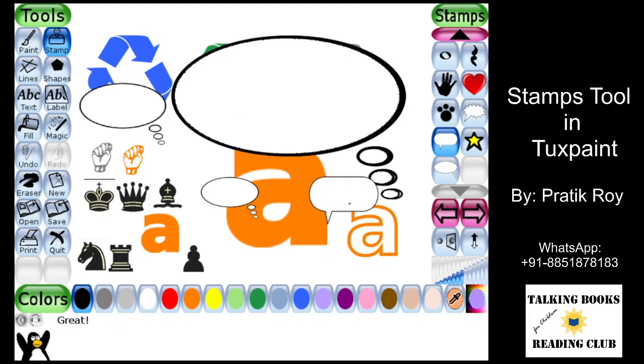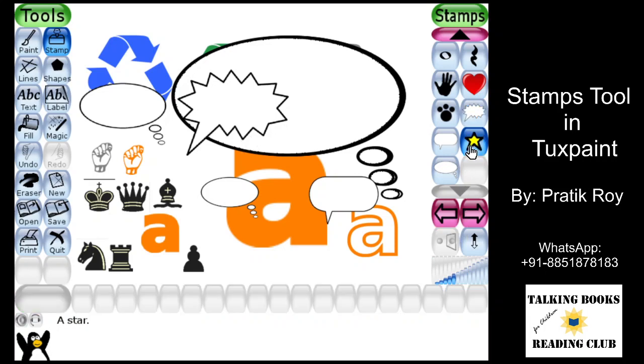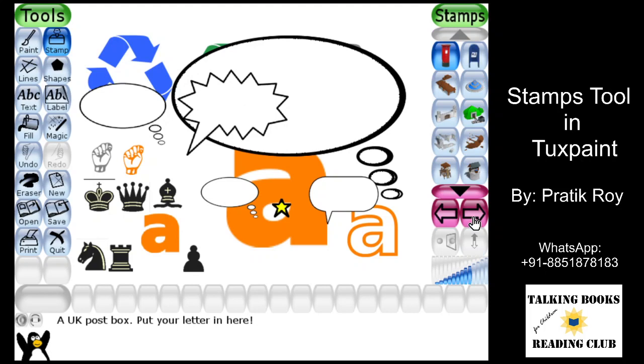And you can see that this is what we normally see in a cartoon. If the cartoon is saying something, we use the speech balloon. And if there are some actions like boom or kaboom, we have these as actions, normally in a red color, boom. So you can use any of these shapes and make your drawings or artwork beautiful.